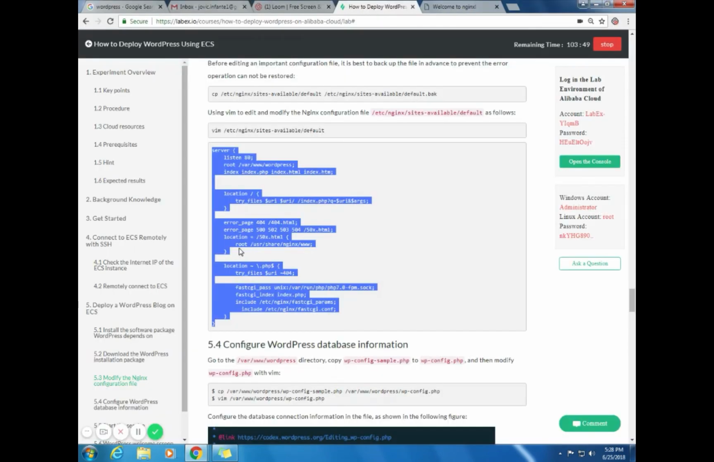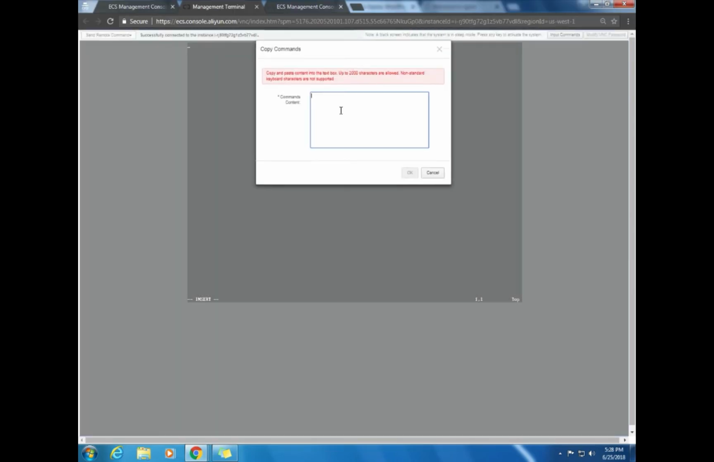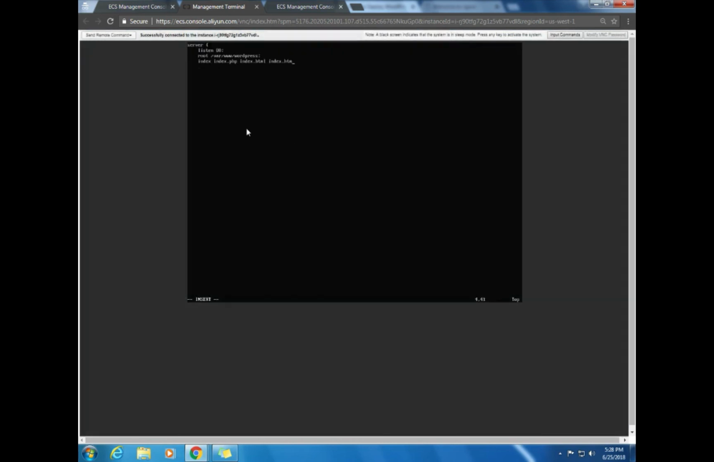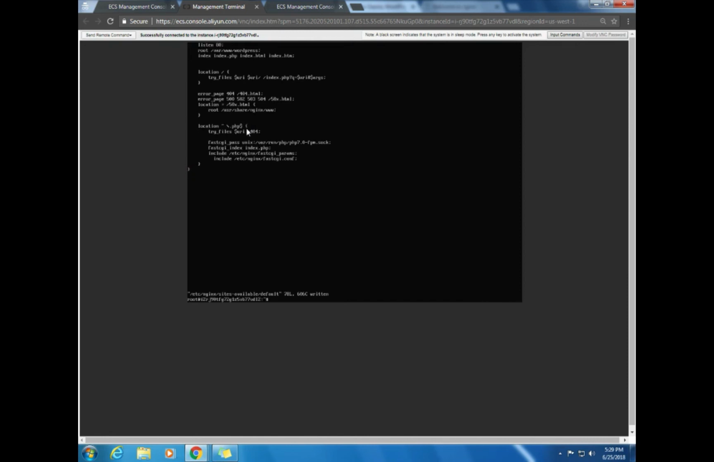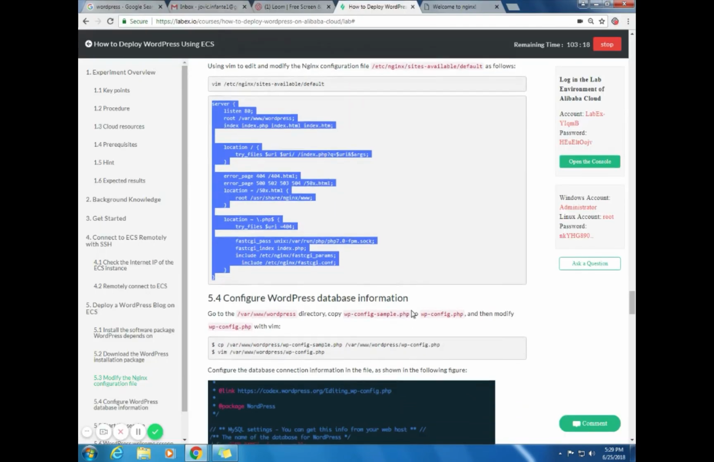Okay, we're on the top part of the screen. Input. Click on OK. Should be good. Alright, so we're done now. Press escape, shift plus colon, WQ, enter. Now we need to configure WordPress database information